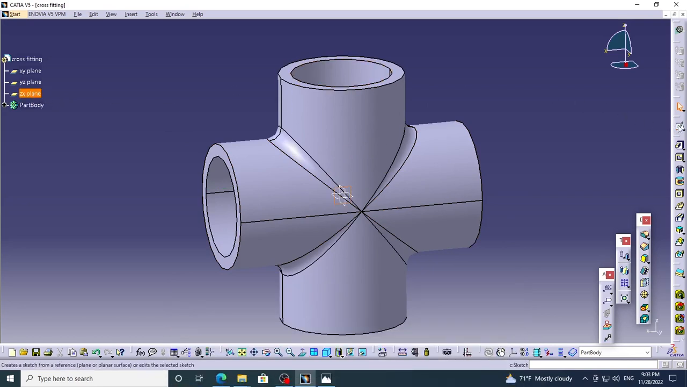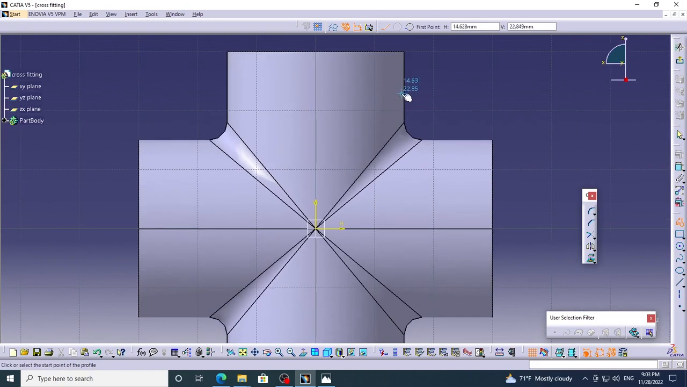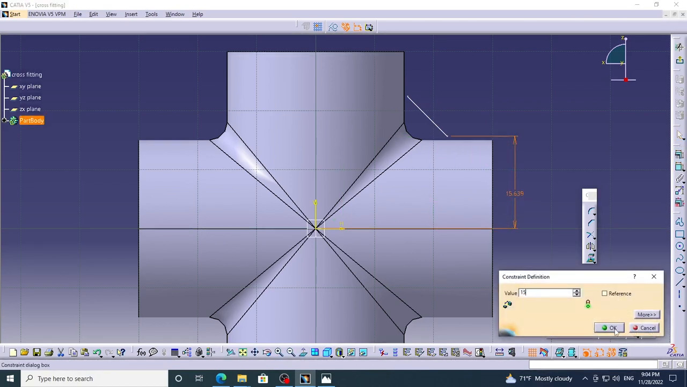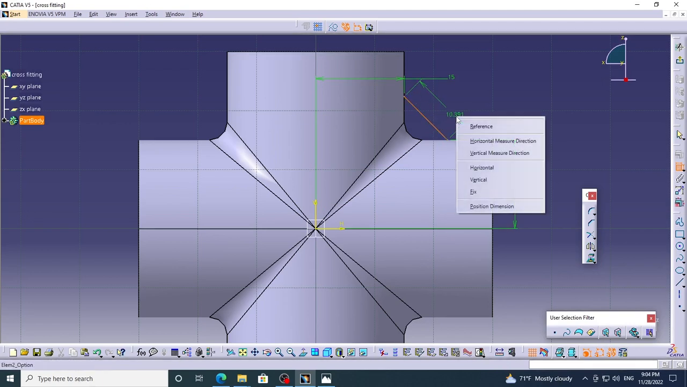ZX plane, sketch, and I need to draw just a simple line. But the important thing is that the 2 points of the line should be exactly on the cylinders. Right click,